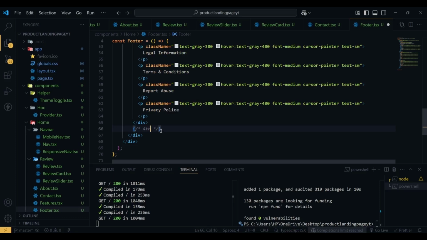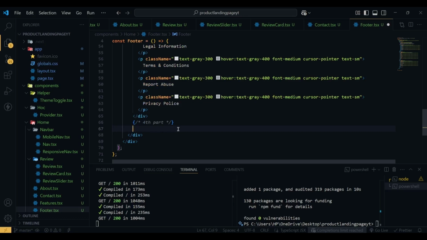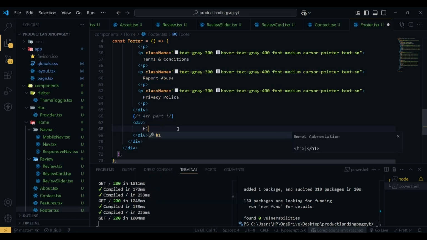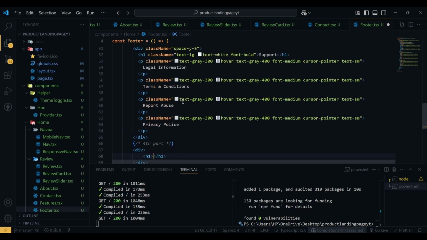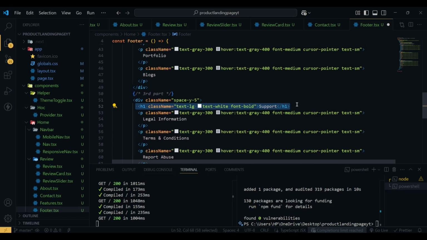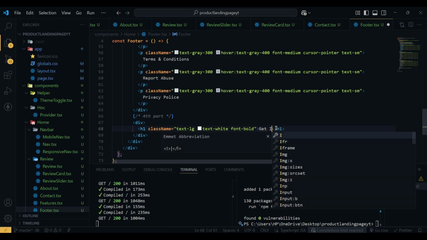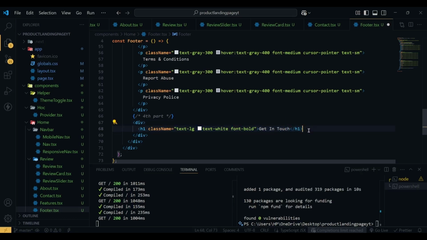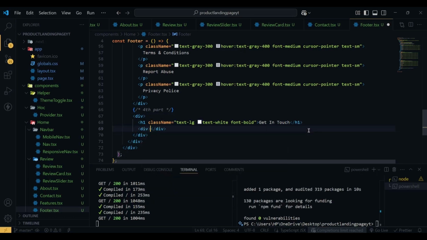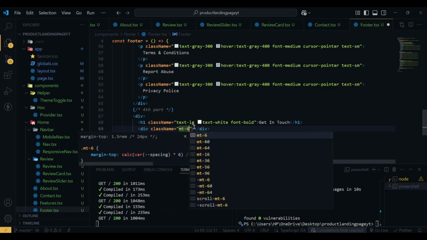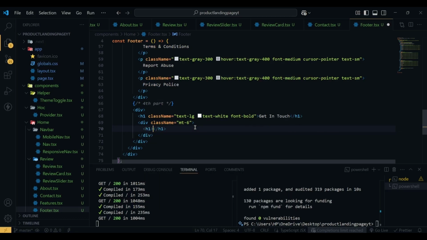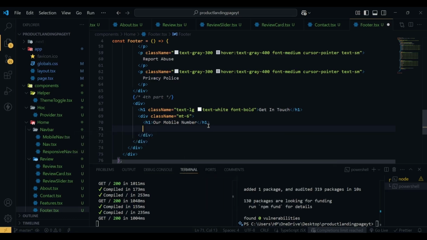So now we have the fourth part, and here we first have a div, and inside this div we have a h1, and this h1 will be similar to this one. So what I'm going to do is copy this and paste it here, and here the text will be get in touch. Then after this h1 we will have a div with class name of margin top of 6, and inside this div we have a h1 with the text our mobile number. Then we have another h1 with the actual mobile number. Here I am going to use a dummy mobile number,